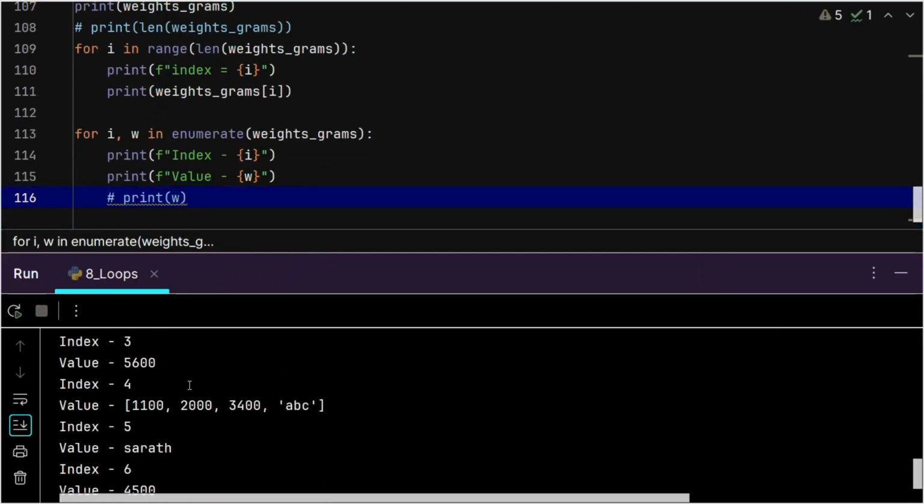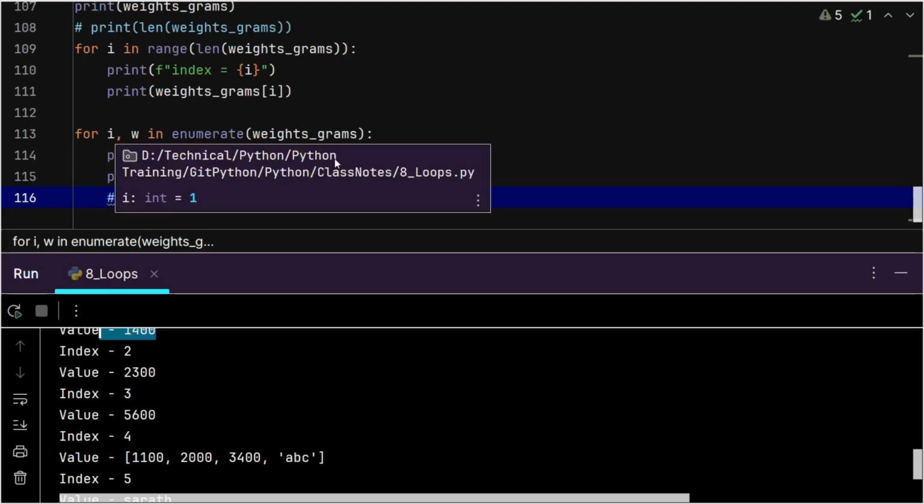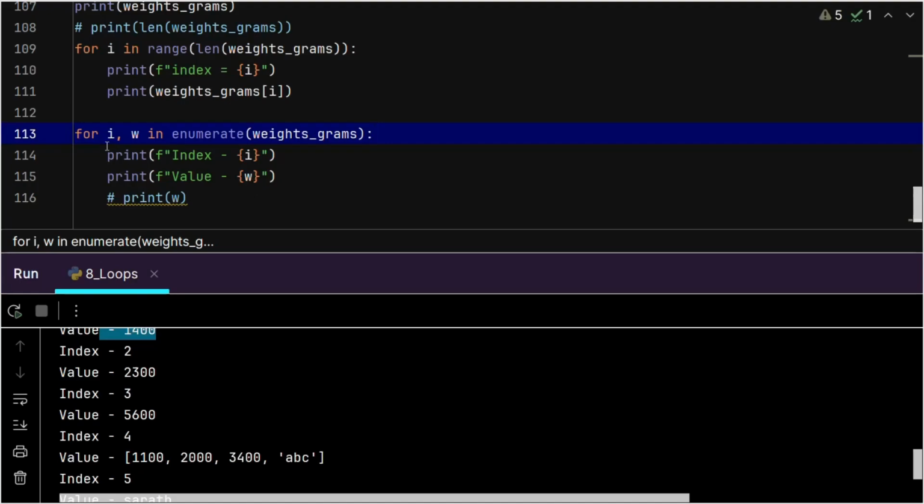You see now, index 0, at index 0 what value we have? 1200. Index 1 value is 1400. Like that, enumerate will return you the index and w. So what if I keep only one variable here instead of two? What happens? It will be a tuple with two things. First thing is the index,